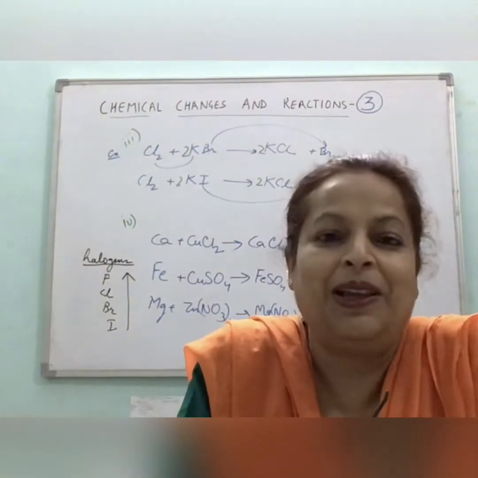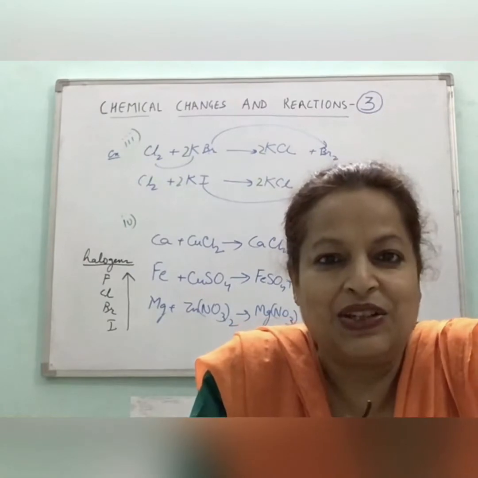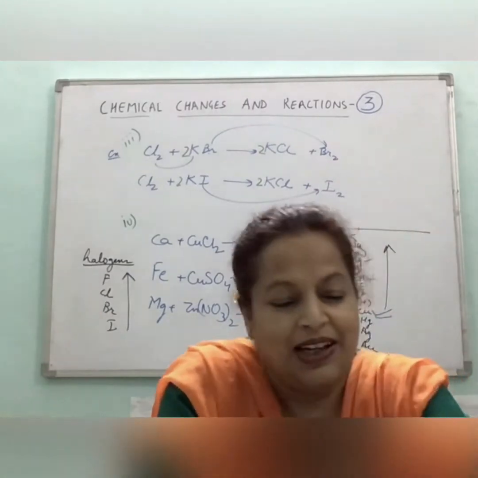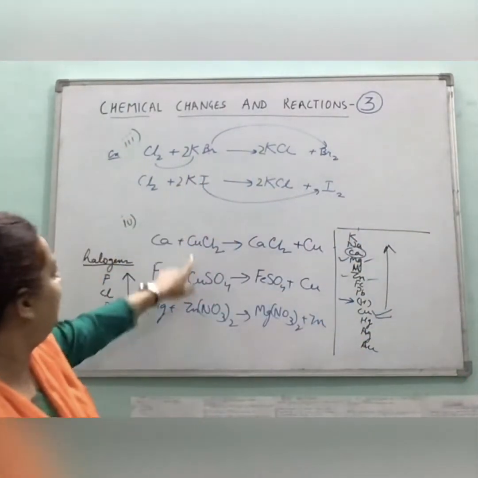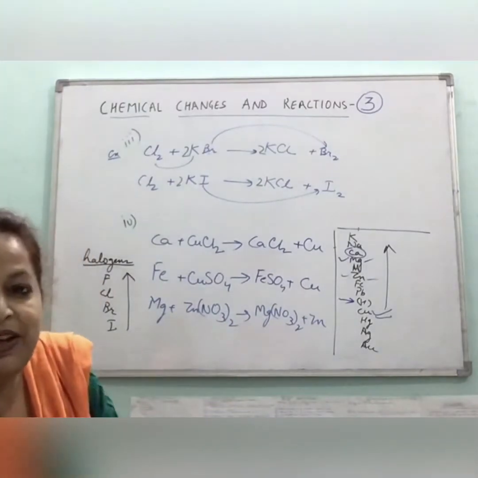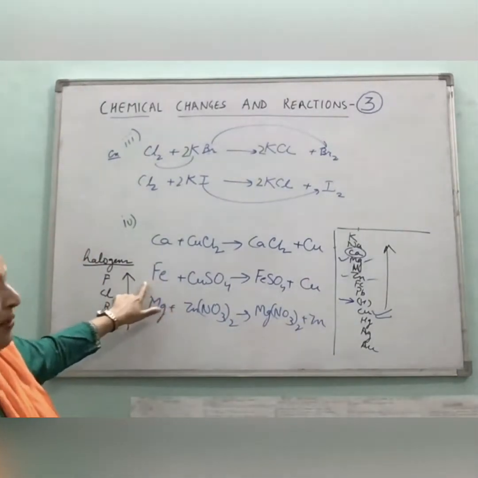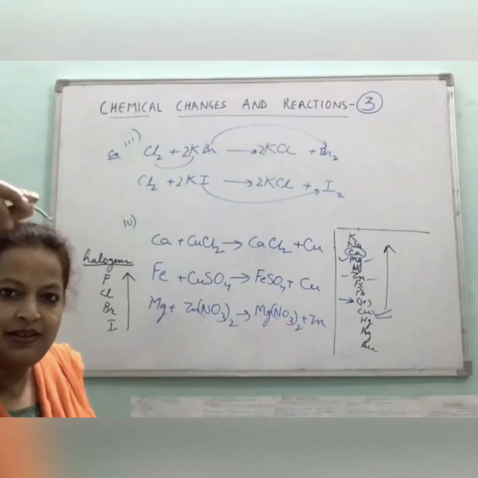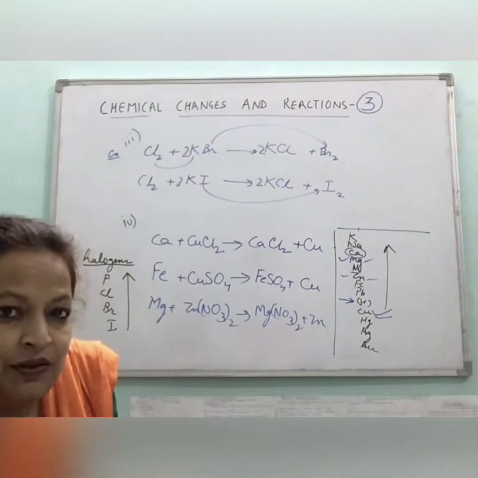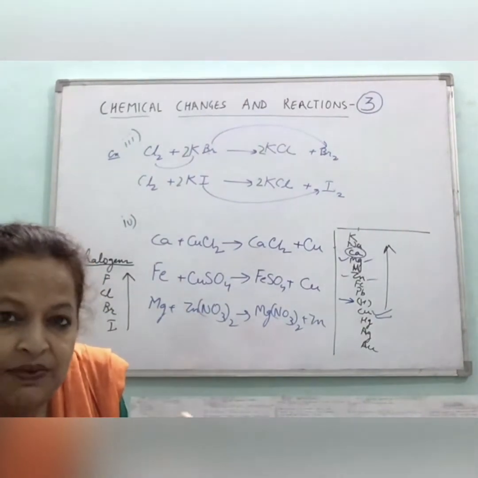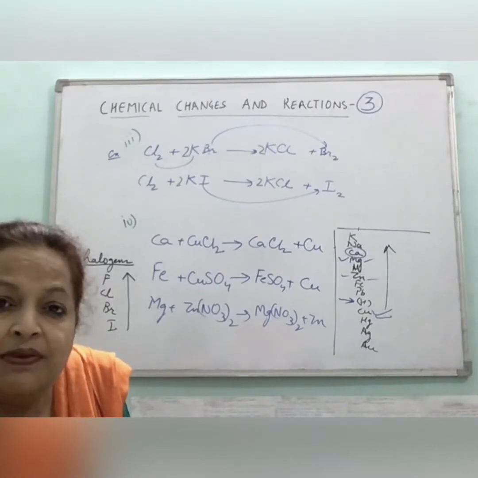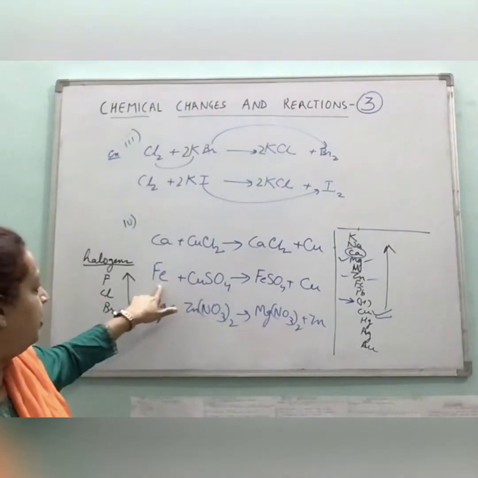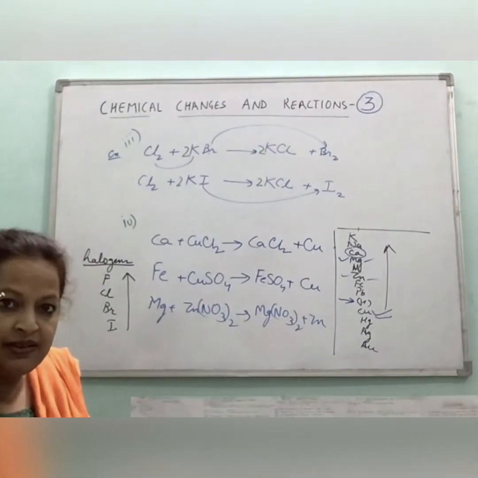Hello students, welcome back in yet another class, chemistry class on chemical changes and reactions. Now in the previous class, I ended while doing simple displacement type of reaction, right? And I was showing you an experiment in which I had put some iron nails. If you do not remember, just see the previous video, at the ending of which I have shown the reaction in which I have put some iron nails in copper sulfate solution, right?